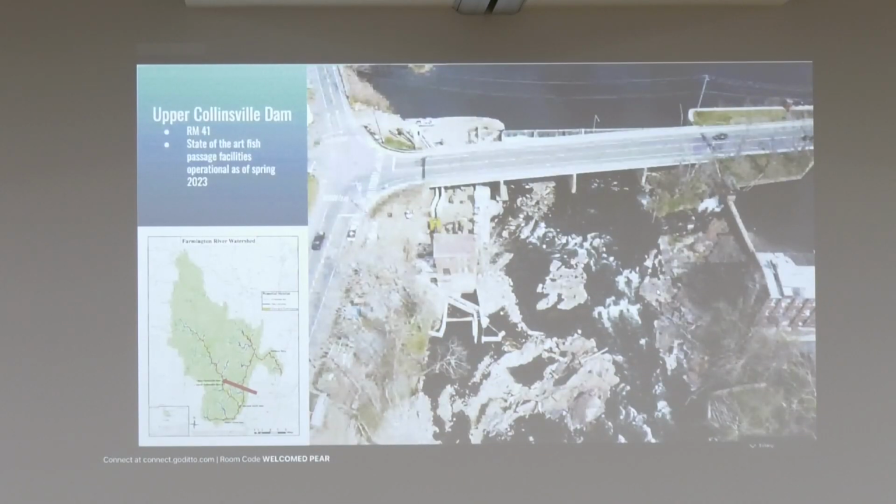The Upper Collinsville Dam, which is located about 1 mile upstream from the Lower Collinsville Dam, recently was granted a license through the Federal Energy Regulatory Commission, FERC. And as part of that license, the operator of the dam was required to install and operate state-of-the-art fish passage facilities at the dam. So these consist of a denil fish ladder for upstream passage of most of our species, an eel pass, which is specifically designed for upstream passage of juvenile eels, as well as a downstream surface bypass structure, and a